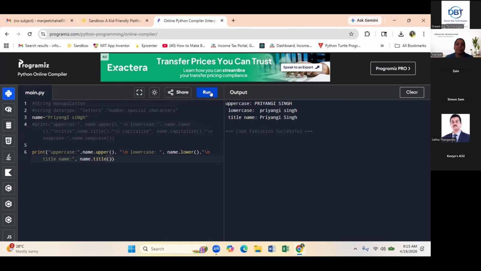Okay, what is title doing? Observe the code, observe the output and tell me what title is doing. The first character of a word is capital, uppercase. Yes, the first character of each word is being made capital, right?